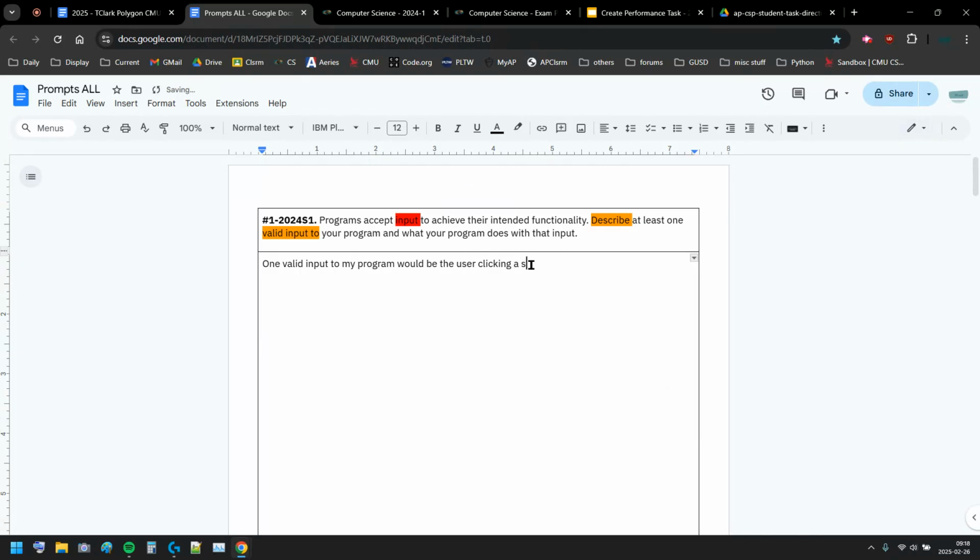Clicking a spot, like, I don't know, what would they click? 100 on the screen, and this would update my polygons, right? I'm talking about my code, which is polygon, vertex, third vertex